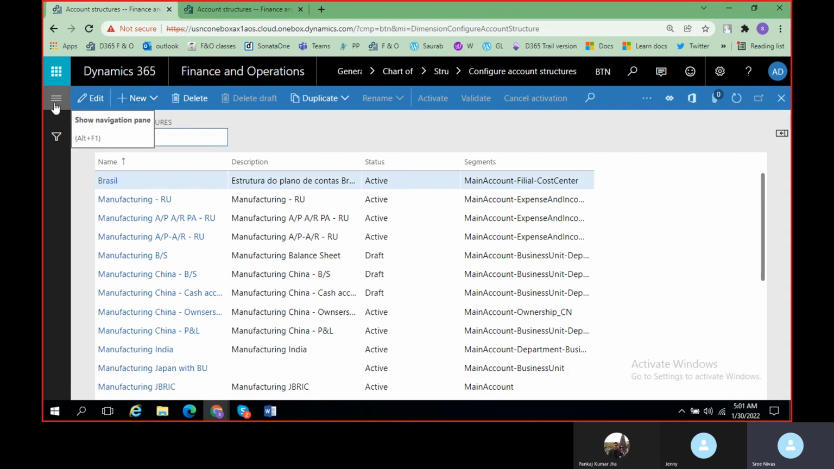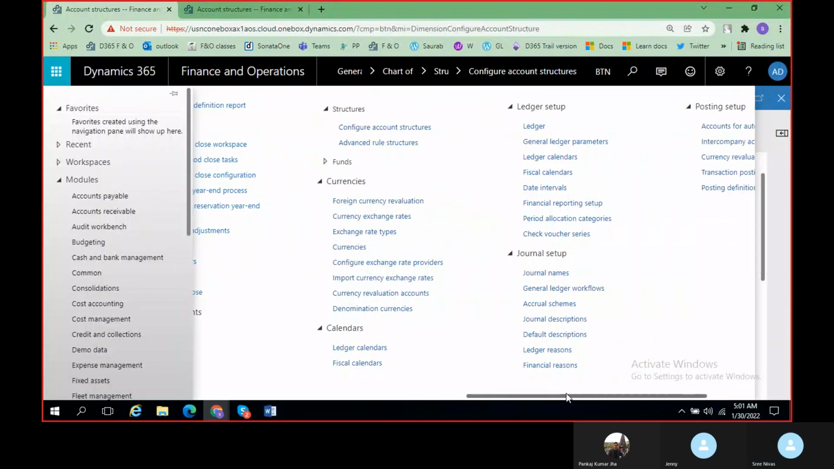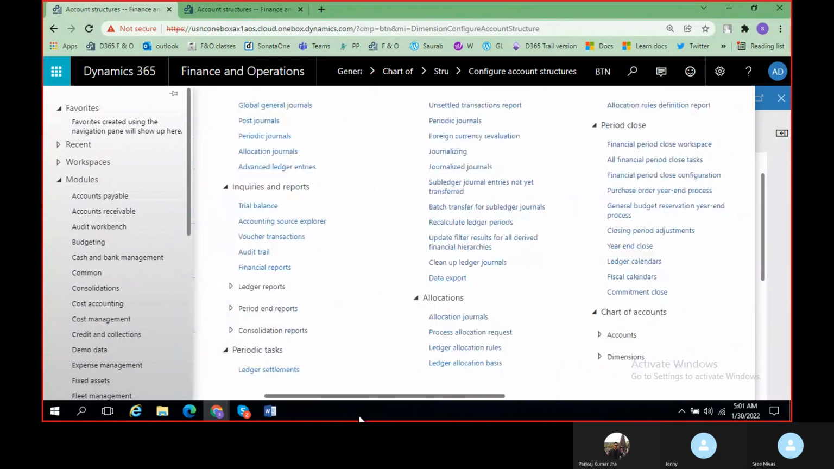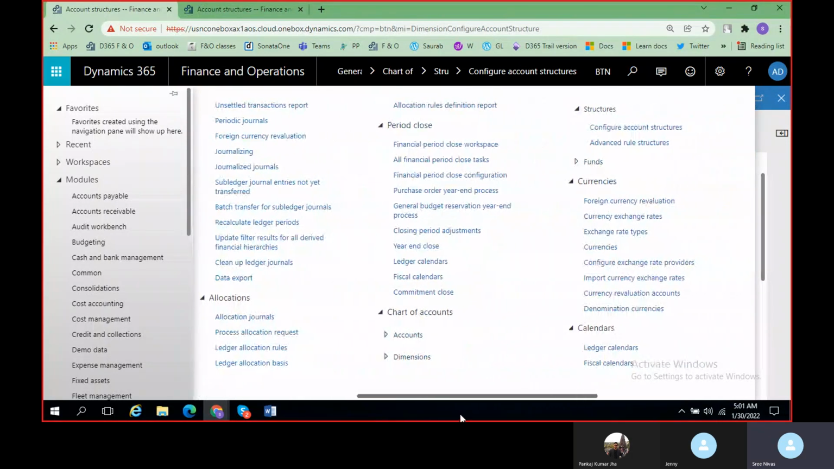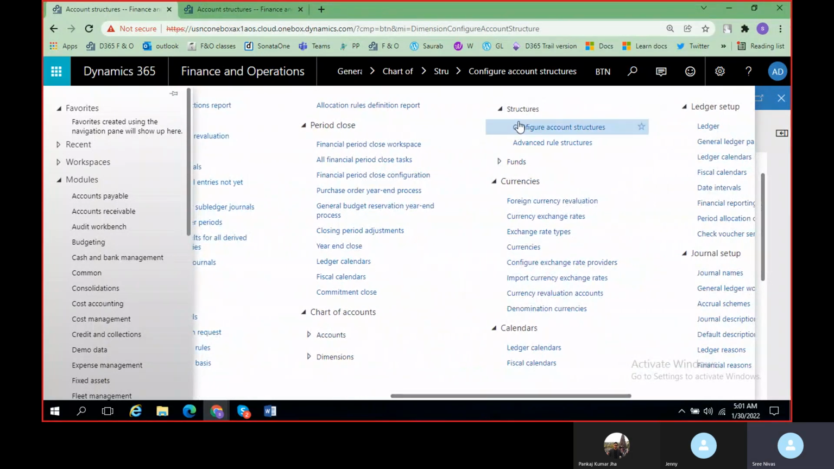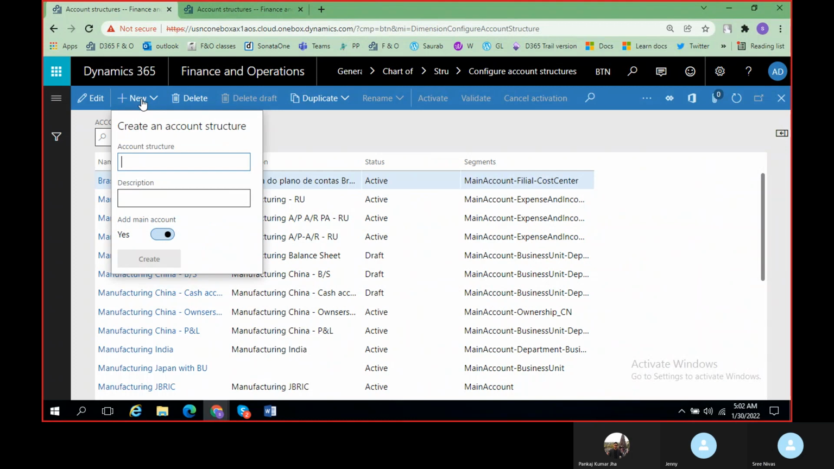And the navigation is GL, chart of accounts, structures, account structures. Click on new, give the account structure name BRT. Okay, before this,